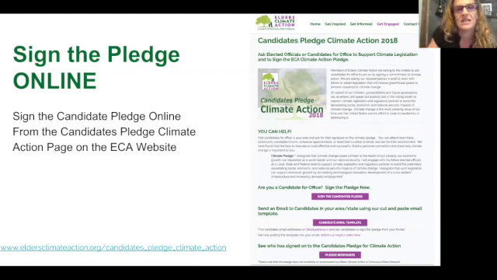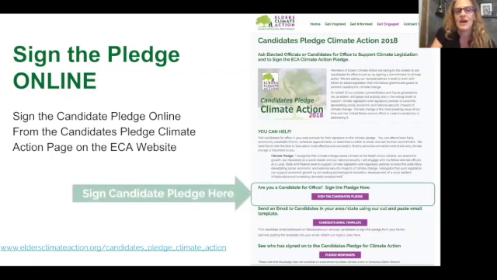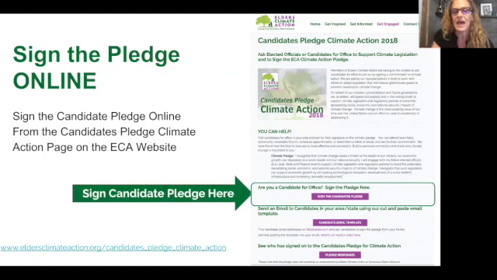We've tried to make it as easy as possible for you to solicit the signatures on the pledge from your candidates. There are two different ways that you can get this pledge in the hands of the candidates in your area. The first way is for them to directly sign the pledge from the ECA website. Here on the right-hand side of the screen is a screenshot of the Candidates Pledge Climate Action Project page. If you scroll down just a little bit, the first big green text, where my green arrow is pointing, is where the candidate can go to sign the